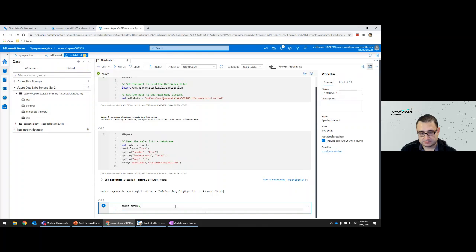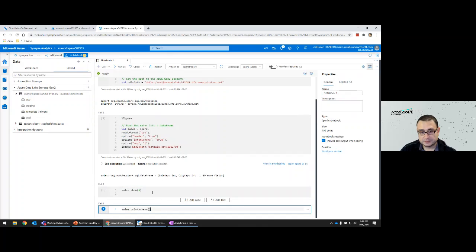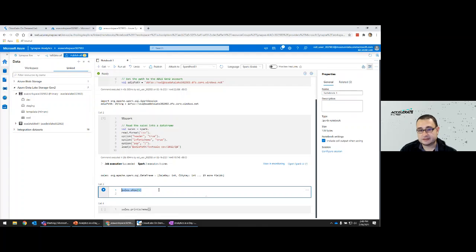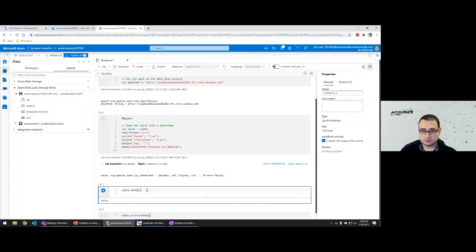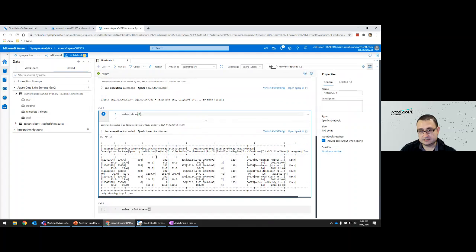I'm going to take this out, put it into a new cell. So we're going to show the first 5 rows or records from that in-memory table. So we're going to run that. And we can see a quick preview of the data contained in the data frame that we loaded, or in that temporary in-memory table that we loaded.